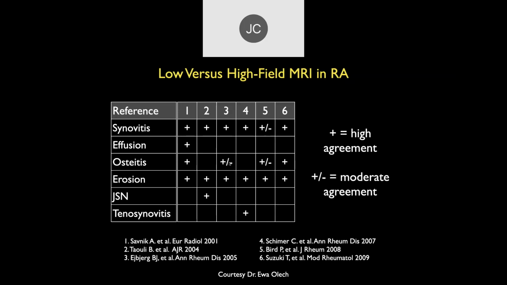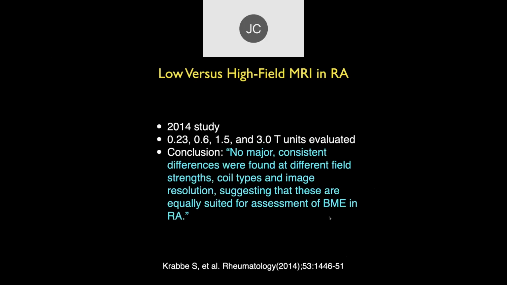High field may be a little bit better for osteitis, but the bottom line, if you do correct imaging, there's not clear evidence that high field is better, though I think it's fair to say in this day and age, since a lot of people don't have experience with low field, most of the low field scanners are not state-of-the-art anymore, that high field imaging is overall better than low field imaging evaluating RA,